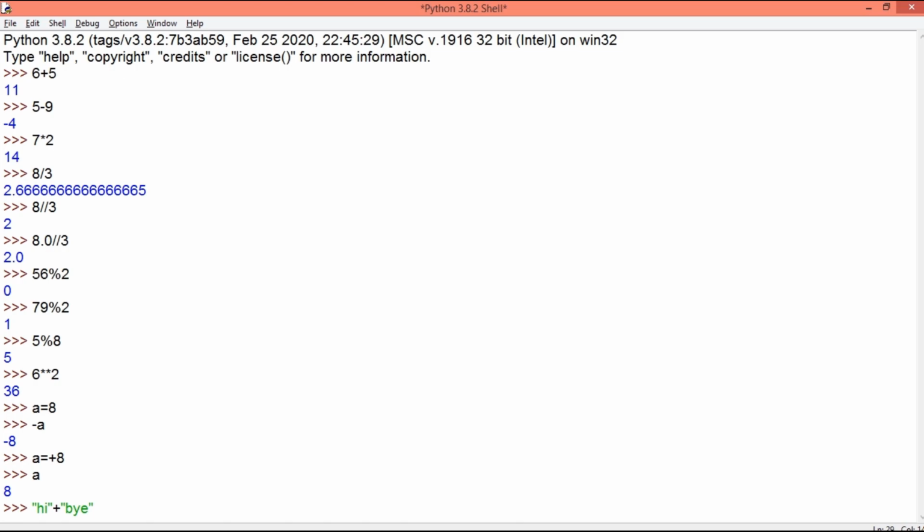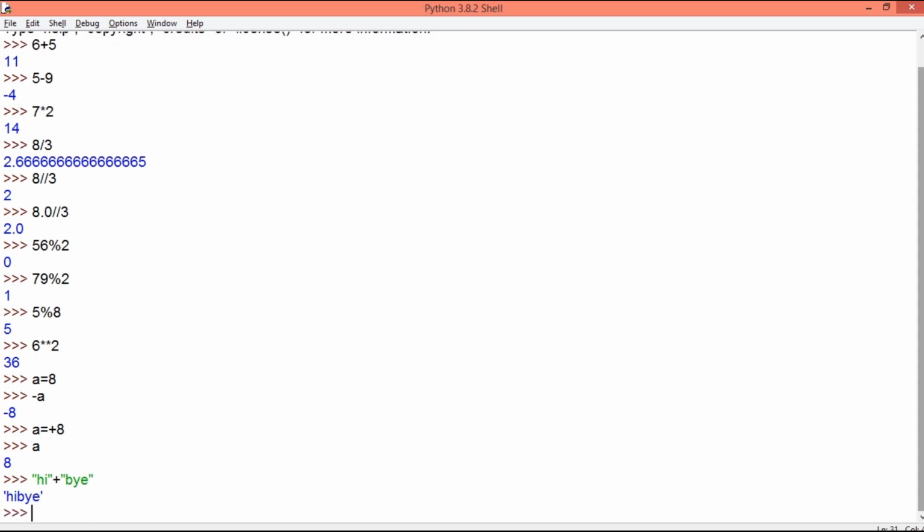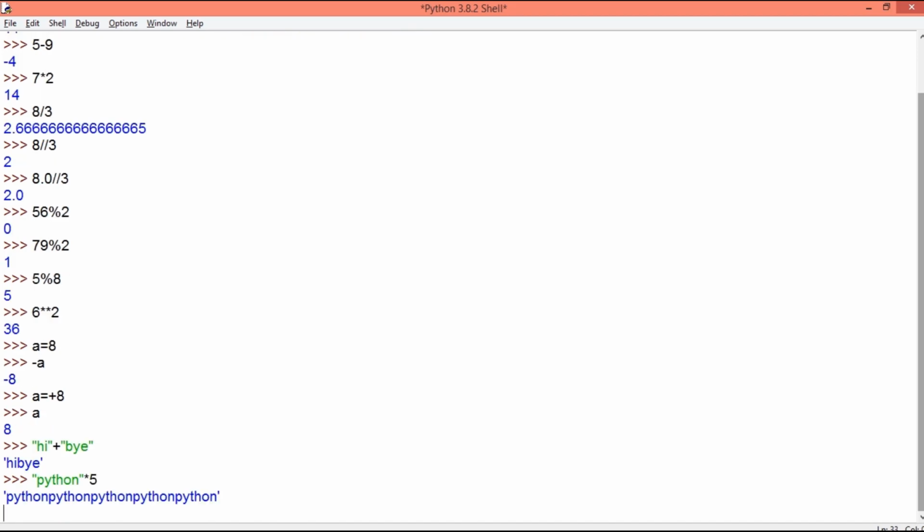Now plus, instead of adding them like numbers, will simply concatenate or join these two words, and the result will be hi bye. If we use the multiplication operator with a string like this, then it will multiply the word Python 5 times. So the answer comes out to be a string which contains the word Python 5 times.